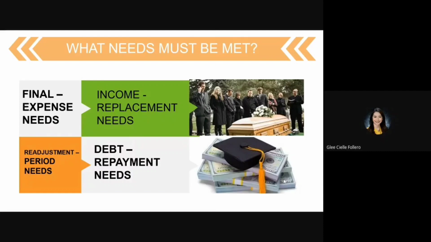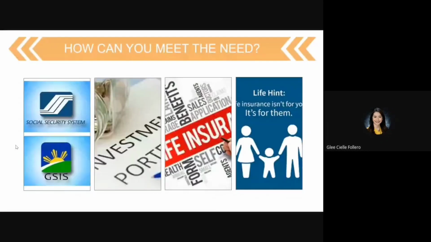So, paano kung bigla kang nawala? So, paano makakapag-aral? So, mas okay kung napaghandaan na yung mga ganitong expenses. So, we already identified the needs that must be met. But how can you meet those needs? So, there are 3 ways. First is by the help of